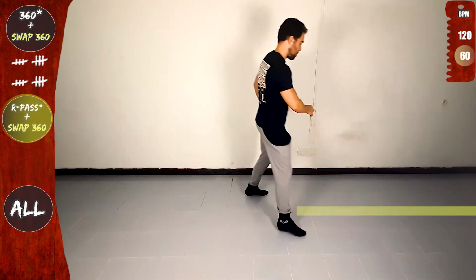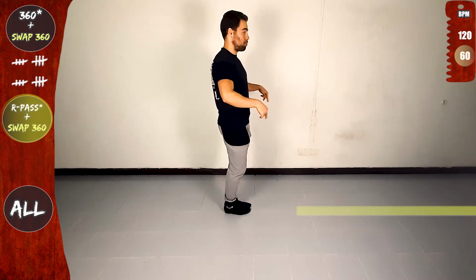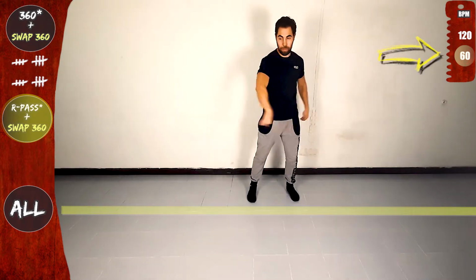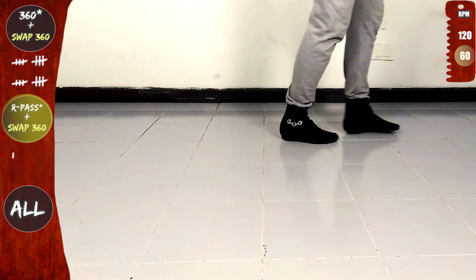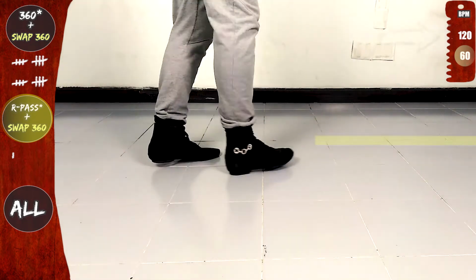Cross to the back, front, side, back, on the line, anchor, now swap 360, back, cross to the front, open, cross to the back, rotate and on the line, basic offline, front, 2, 3, let's go, back, cross to the front, forwards, now right pass with